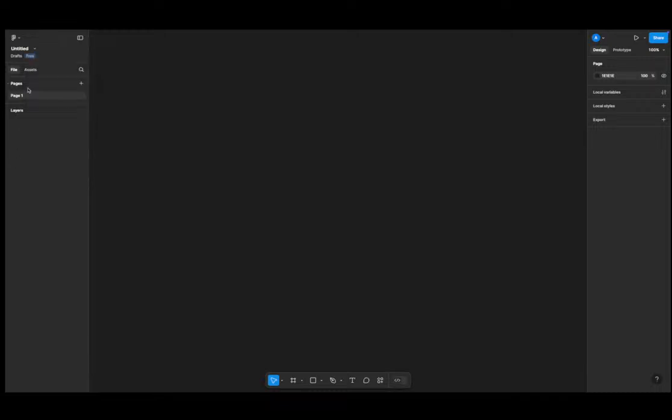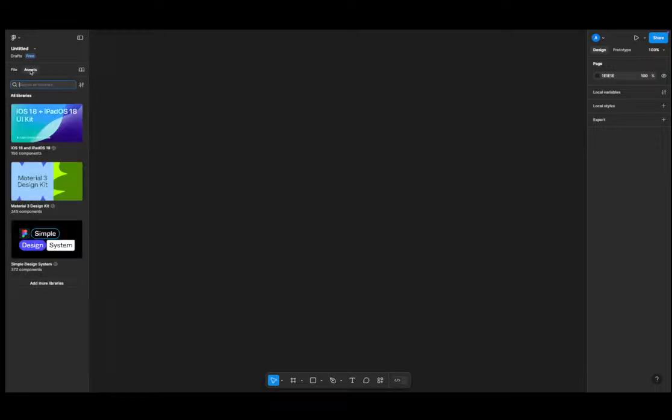Okay, so now moving forward, here we have these two tabs. We have your file, and then you have your assets. Figma comes with three assets loaded already, and one of them is owned by Apple, one of those assets is owned by Google, and the third one is owned by Figma themselves, right? So all of these are different components, but we used to call them UI kits, right? So there are different components that you can use to fast track your design process. Because some of these things are more of repetitive processes, right? So because of that now,